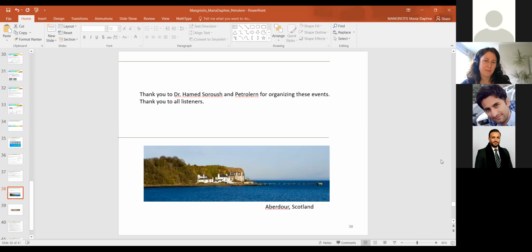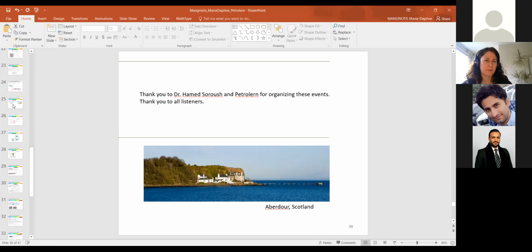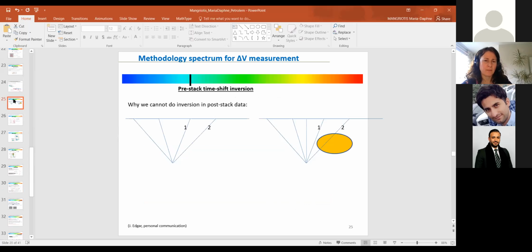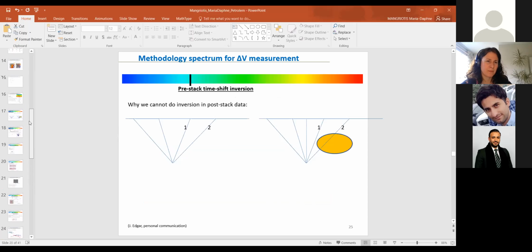It was interesting. I have just one question, and because you have a really great experience in this field, I would like to see the possible relation between slide number 25 and 15. In slide number 25, you show a great example about the variation of the time shifts in the horizontal way. But I was thinking about, is it possible to see some kind of these variations in time shifts in the